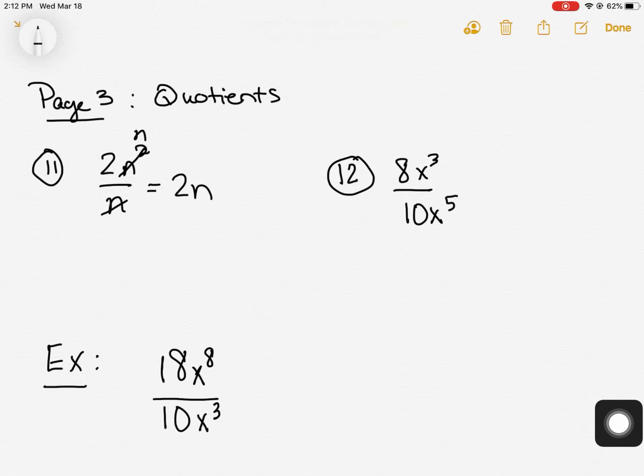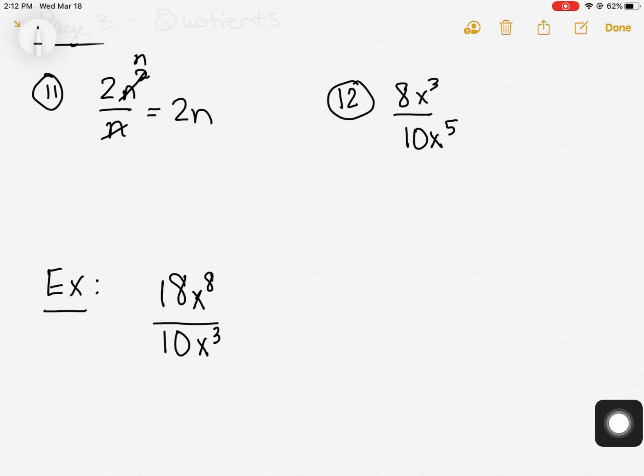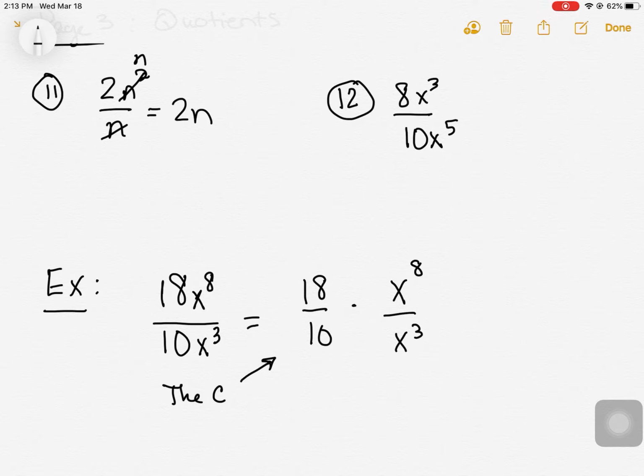So I worked up an example that I'm going to walk through and then talk about how it applies to number 12. Essentially, I would still tell you to take this and break it into 18 over 10 times x to the 8th over x to the 3rd. So treat it like it's two separate fractions. And then I would look for the greatest common factor in this first fraction. The greatest common factor is 2. So you could rewrite 18 as 2 times 9, and you can rewrite 10 as 2 times 5. And then the 2's cancel out, or divide to 1, and that leaves you with a 9 over